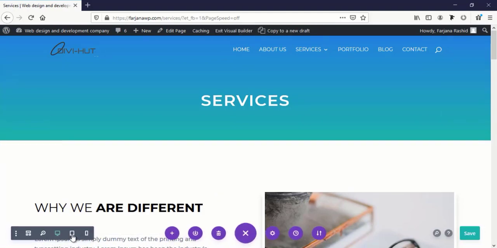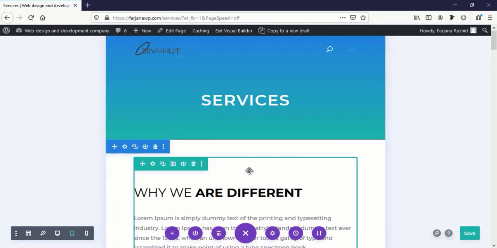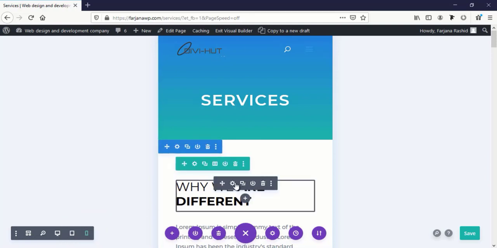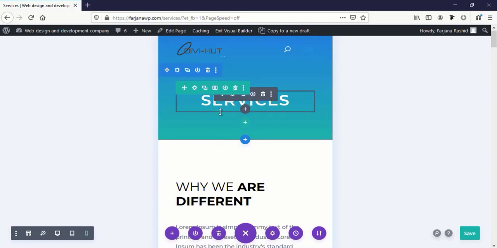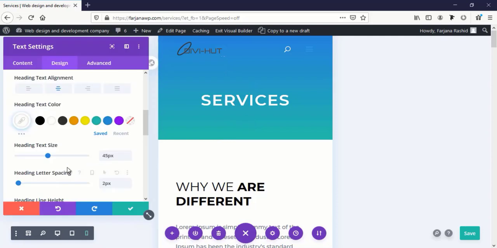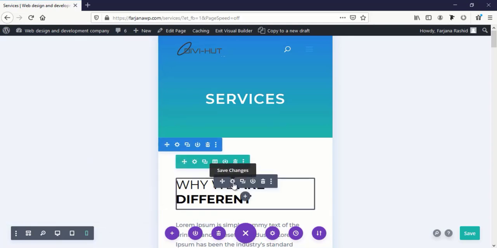and checking the tablet view. Now checking the phone view. I think tablet view is okay for all pages. So I'm now fixing phone view for all pages step by step. So I need to just decrease the font size. Going to mobile view and making it 40 pixel. Save it. And going here,